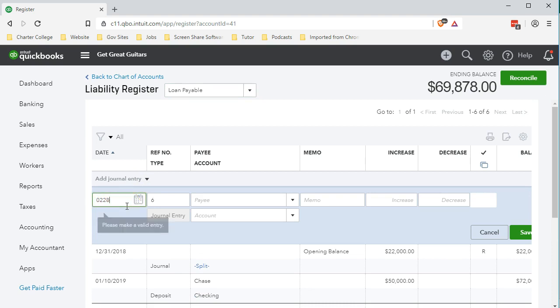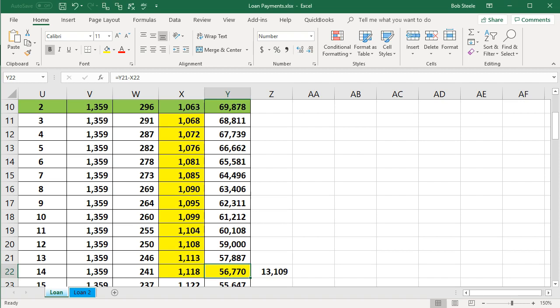As of 02/28/19, all adjusting entries are as of the cutoff date. We're going to make the memo that's just going to say ADJ entry. It's going to be an adjusting entry, in other words, and we're going to decrease this amount. We're going to decrease the loan. We're going to decrease the bad thing. We're going to decrease the liability by the 13,109, which will leave us with